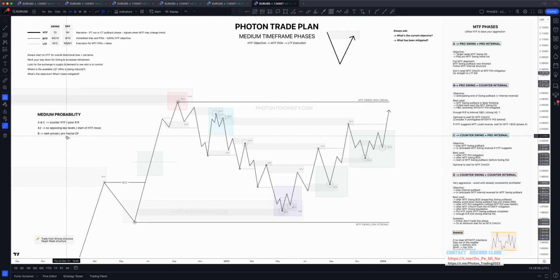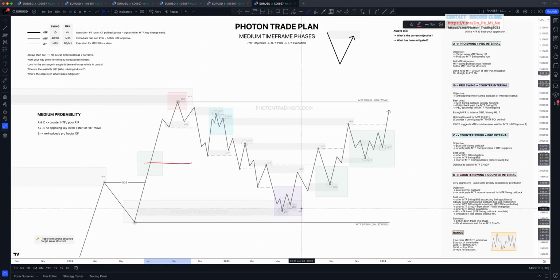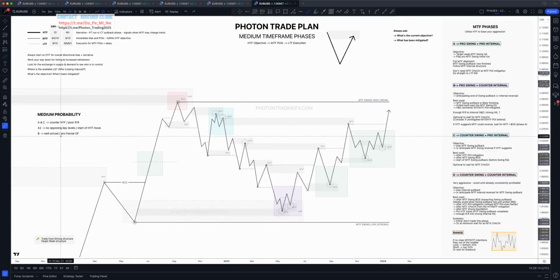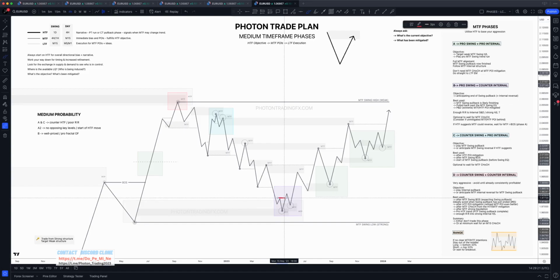Obviously, these are the two ways in which we can make it as high probable as possible. We want to do it well priced. So ideally, at least in a discount of a buying, like I said, near the extreme. And pro-fractal order flow is another thing you want to consider. Essentially what I mean by that is waiting for an M15 CHoCH or a medium time frame CHoCH, right? So price comes in, yes, we're buying, which is counter the internal, but maybe we don't want to get in long straight away on a lower time frame. At a minimum, we just want to wait for that M15 CHoCH first. Okay. And then ideally we can get in here and at least play that pullback into here or potentially higher, right? So that's one other thing you may want to consider on how we can try to make phase B a little bit better.